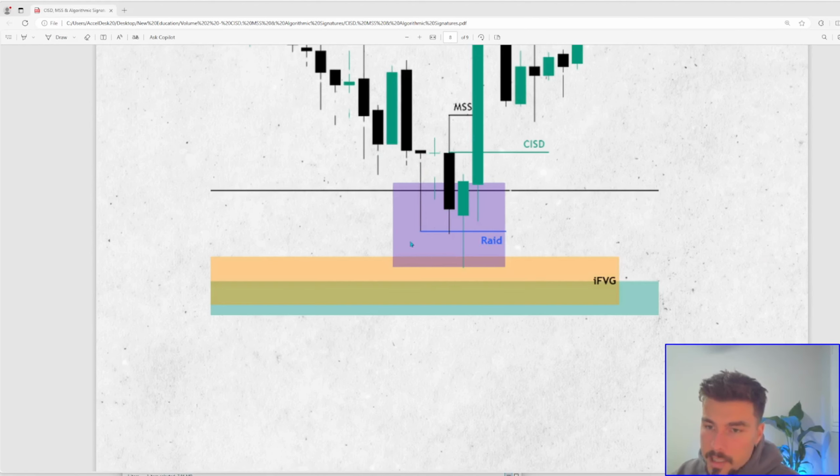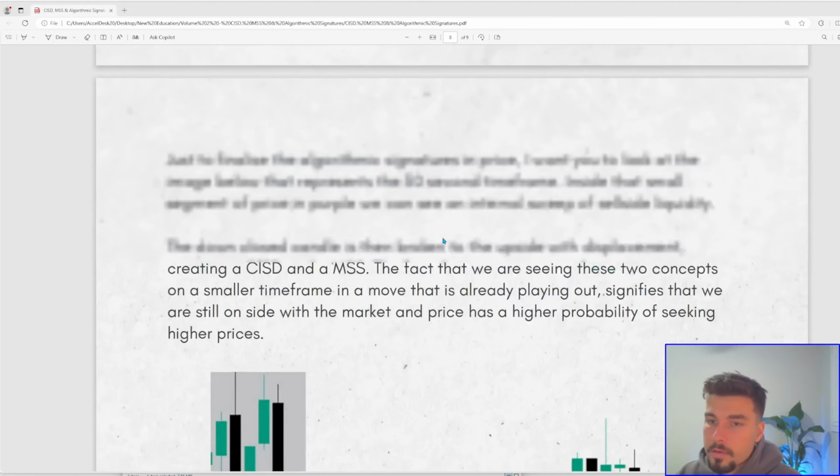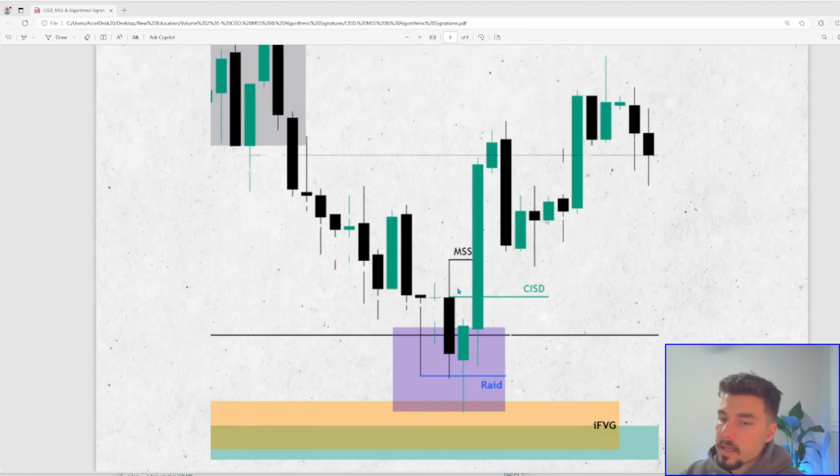For me, that shows me that I'm still inside. So for example, if you entered off this inversion fair value gap, or off the change in the state of delivery, or off the return here, then you go down to a smaller time frame and you see what's happening in price. You see another CISD, another market structure shift, a respect to this bullish gap, another CISD. It gives you more confidence doing the trade, and you can continually switch between just to make sure you're still